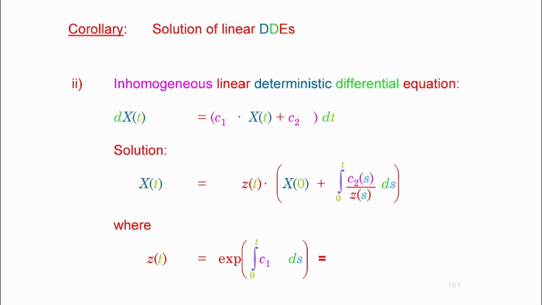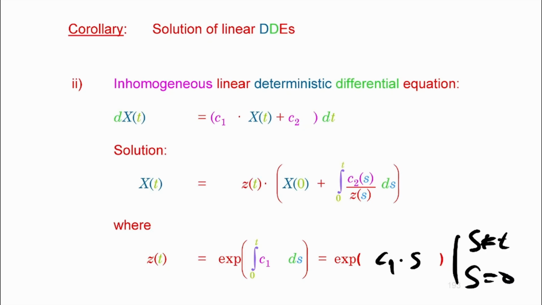then you could address this integral right away. The antiderivative of this function, right? Again, you have that inside, as the exponent, so e to the power of, right? Now, the antiderivative is going to be C1 times s. That's the integral, and this goes from 0 to t, and that's basically it, all right?